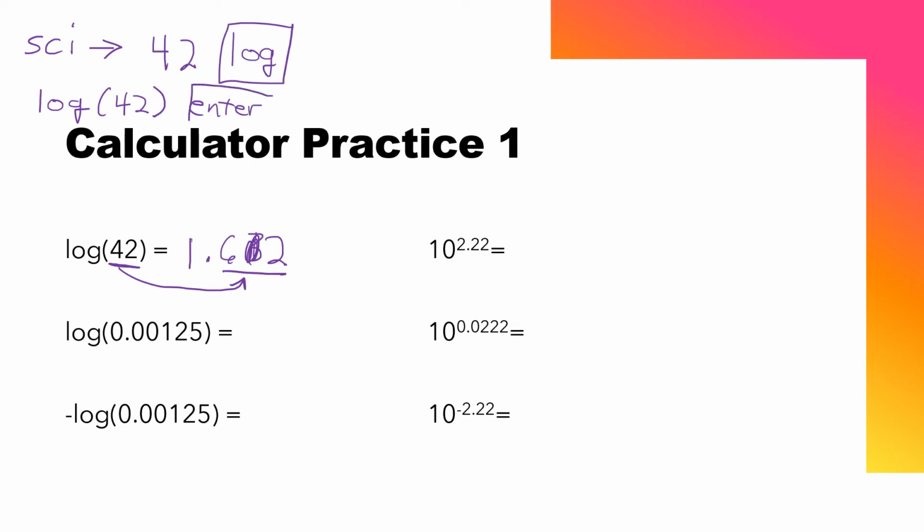All right, so let me go through and work a couple more of these. Please, please, please work these on your calculator and make sure you're getting the right answer. So for that second one, I would type in 0.00125 and hit the log button. And that's giving me a negative 2.903. Anytime the thing you're taking the log of is smaller than 1, you're going to end up with a negative